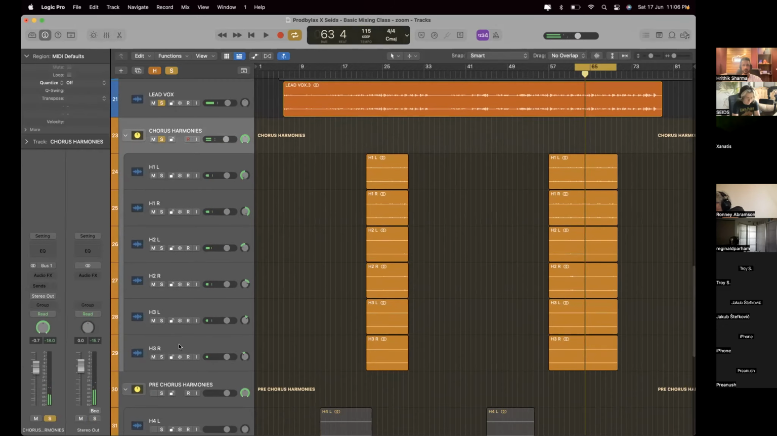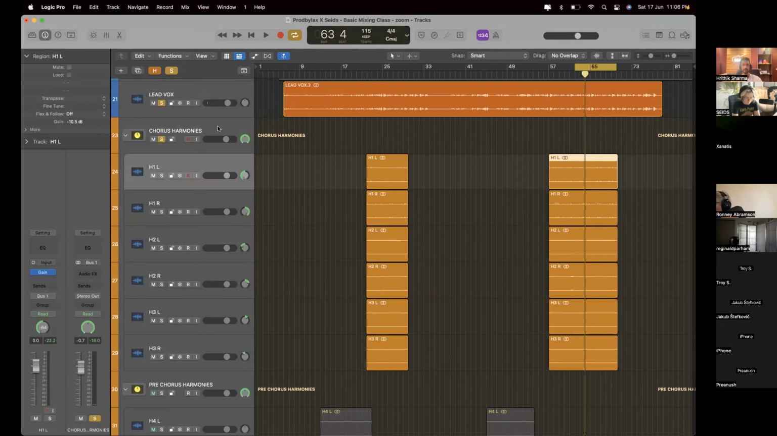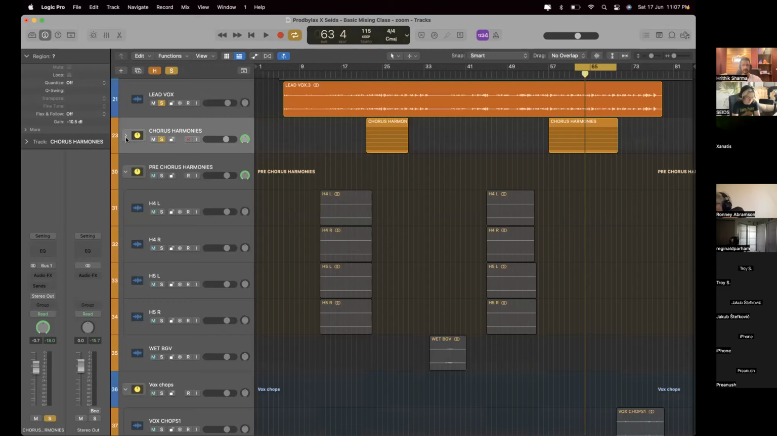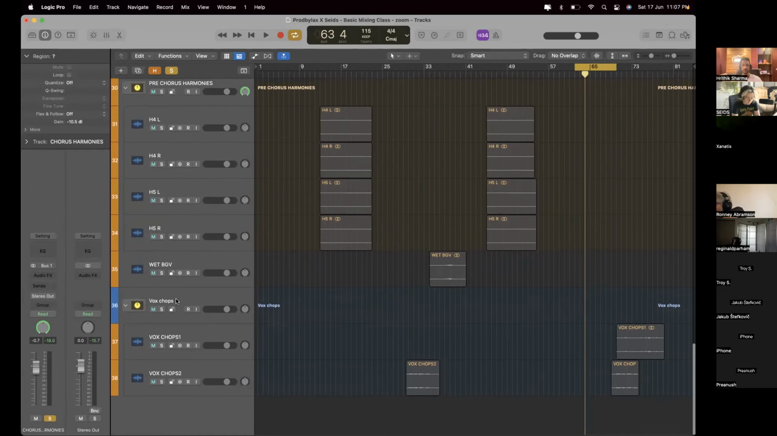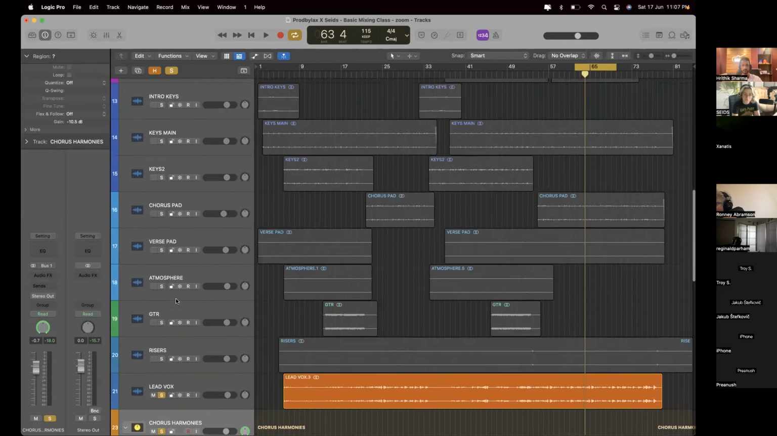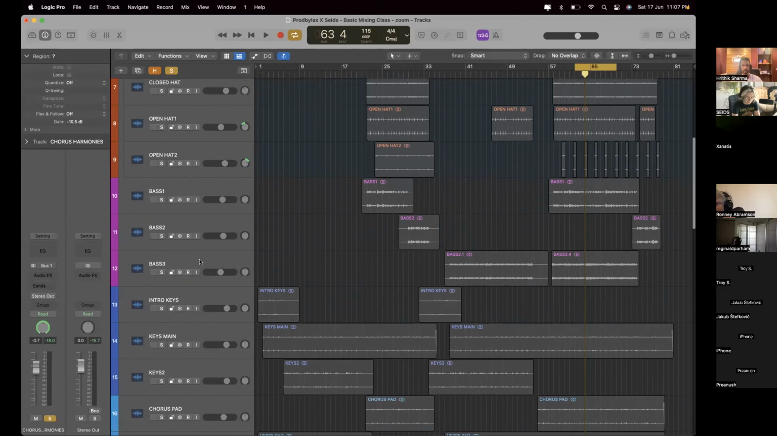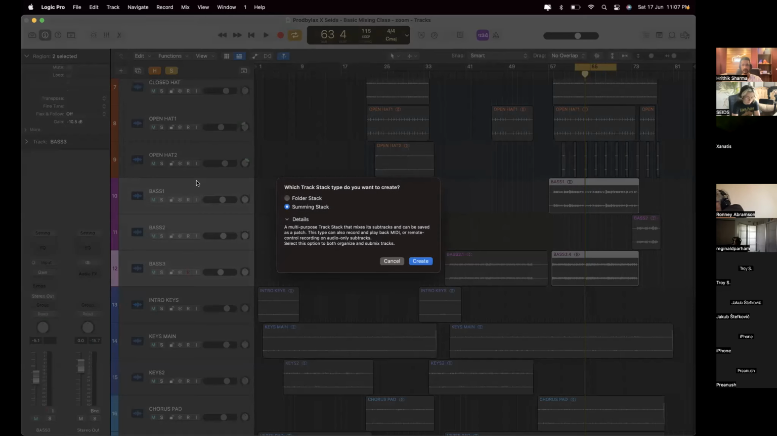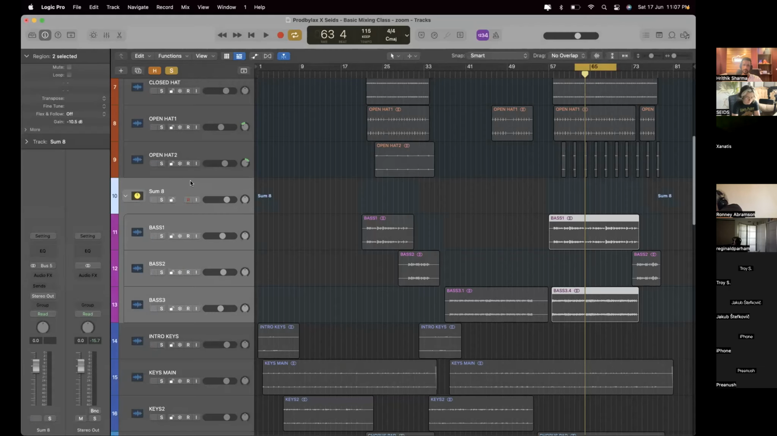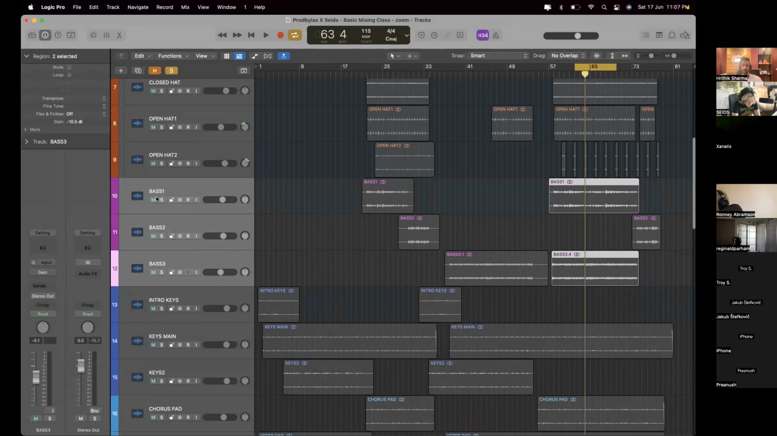Also, you can notice that I've grouped these harmonies in a stack. This is called a group bus, and you can just do Command Shift G. That's the shortcut, and you can bus anything. For example, if I want to bus all the basses, I can do Command Shift D, and then there are two options: folder stack and summing stack. We're going to do summing stack, because